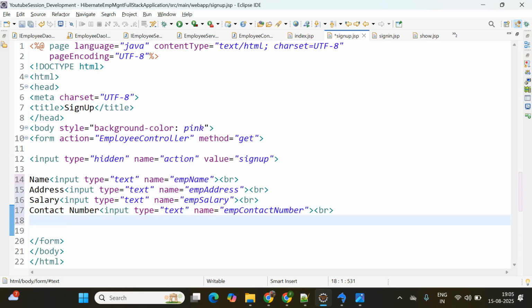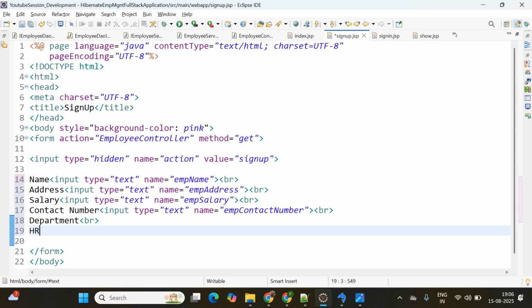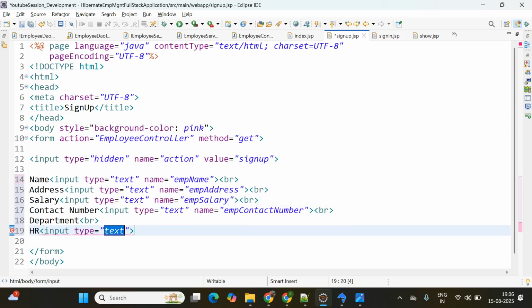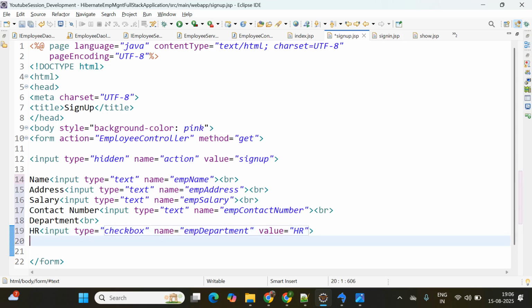Next is, after contact number we have available their department, right? And this will be checkbox. Then here I am giving department. Then here you can simply say we are using br tag. Then now department I am giving HR department. Then here you can simply say this will be input type as checkbox. We are able to check multiple checkboxes here, right? Name we are giving, this will be like, you can simply say emp department, and the value we are giving, this will be HR. Then we are not using any break because we'll continue with the same line like HR